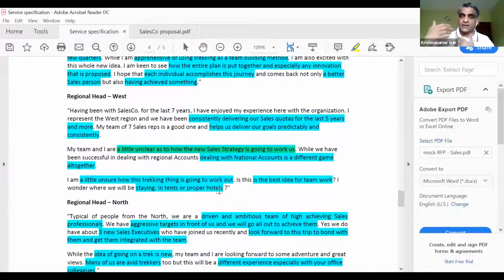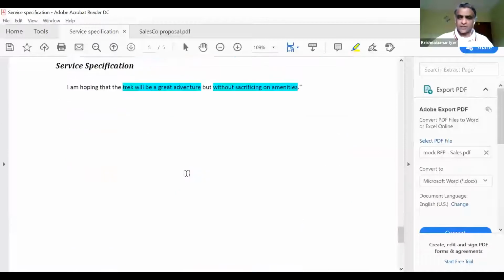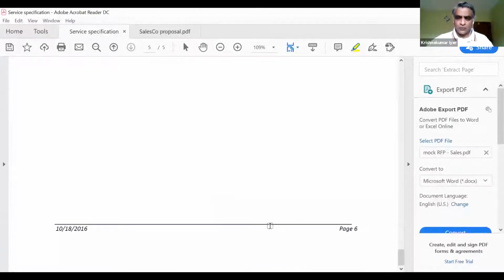Okay, and I'll hopefully convince you why recording such issues will make a lot of sense. So you can see the number of issues identified as part of the RFP. I'm just quickly walking through. Once you have done that, the next step is I'm going to switch to a different document, and just give me a second.